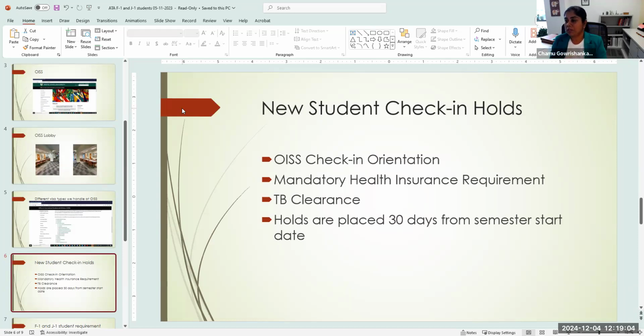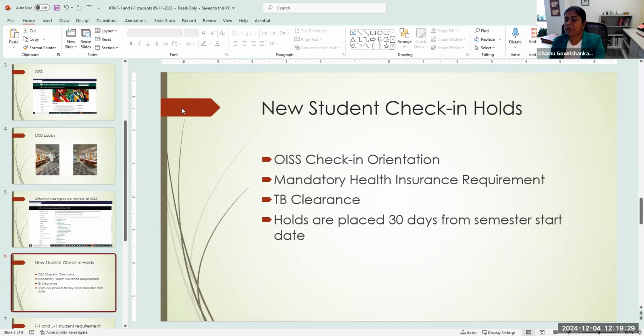We have access to that hold because they're international students. They have given us the authority to place and remove the hold based on clearing the health insurance. Once they purchase the health insurance, we remove that hold. And so those are the two holds that new students will typically see.